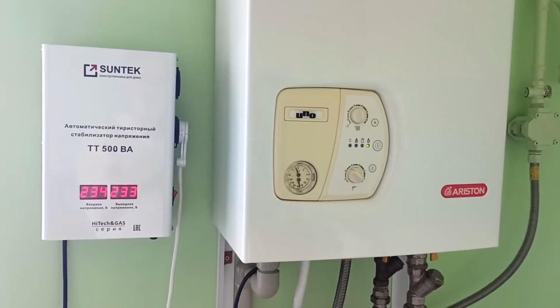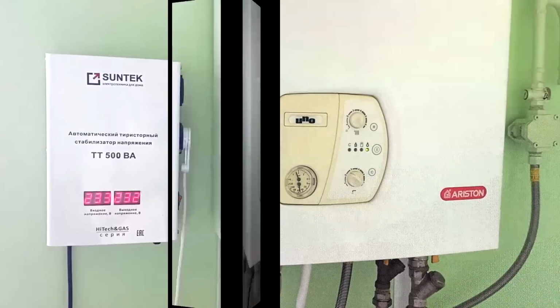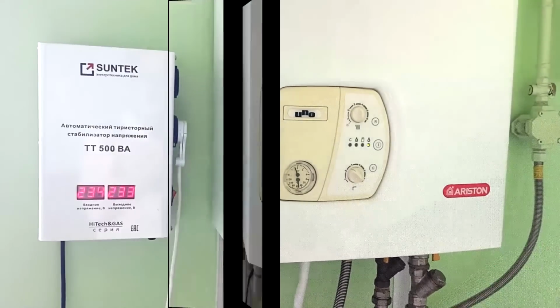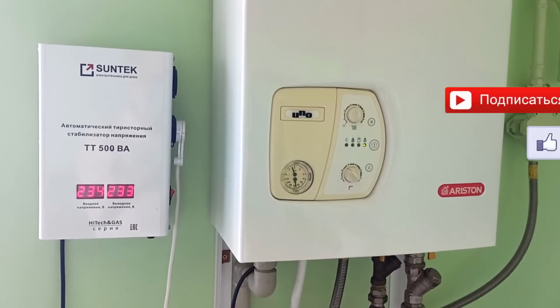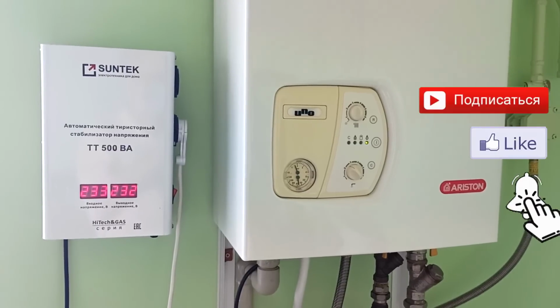This is usually a problem in the combustion chamber. Let's deal with it first. This may be of interest to owners of boilers of other brands, since the situation is typical. Another case is when the boiler clicks for a long time, and then the red LED lights up. In this case, it is turned on by the boiler automation, and I will deal with this problem a little